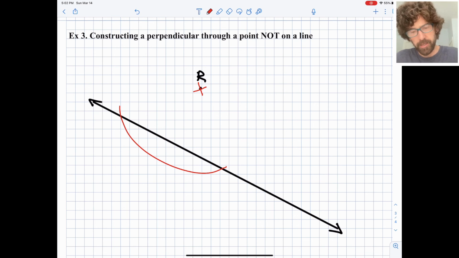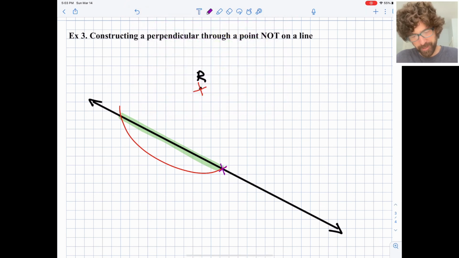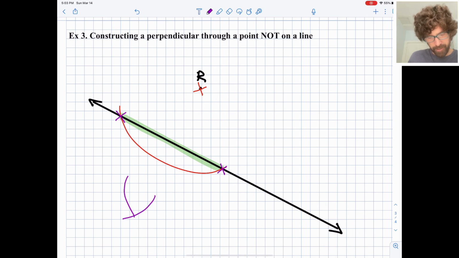Okay, and now basically what we have, similarly to the last example, is a line segment highlighted in green that we want to construct a perpendicular bisector of. Okay, and so we've done that a couple times already, so hopefully you're feeling pretty confident with it. We can put the point of our compass here. The compass needs to be set to greater than the halfway distance of the line. And I'll draw an arc down here like that. And then put the point of the compass here and draw an intersecting arc like that. And now we have